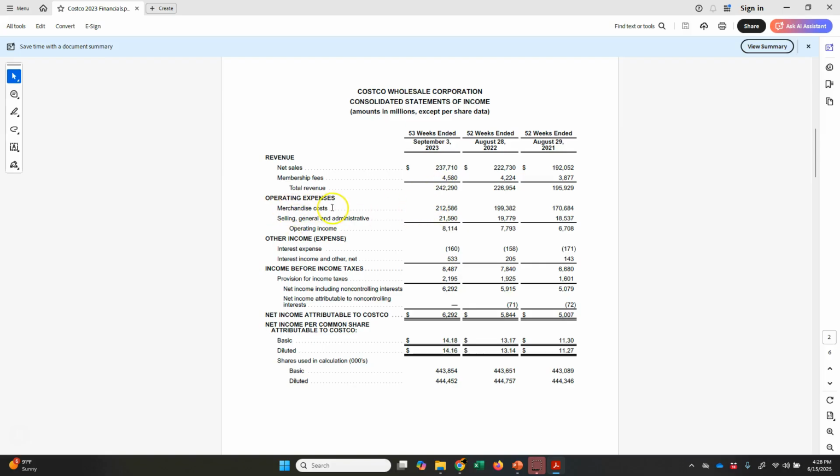The merchandise cost is how much they have to pay to buy the stuff that they're selling. And then this is everything else. This is the corporate overhead, the rent that they pay for their buildings, the utilities, everything else. And then there's some interest expense that they pay on their loans. And by the end of it, we get 6.2 billion. This is in billions. So $6.2 billion of profit. This is their net income for this particular period of time. So remember this number,